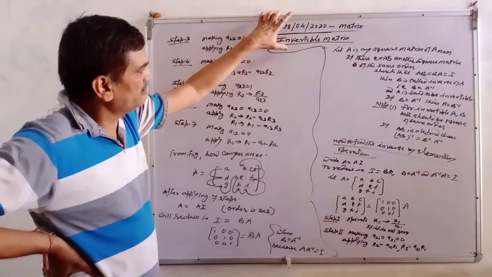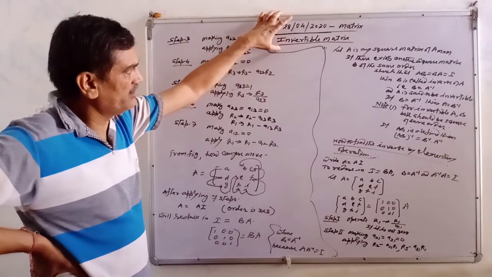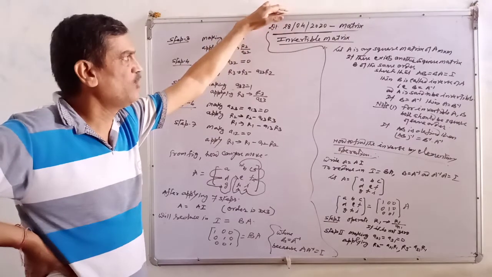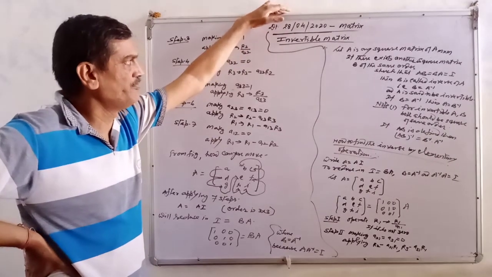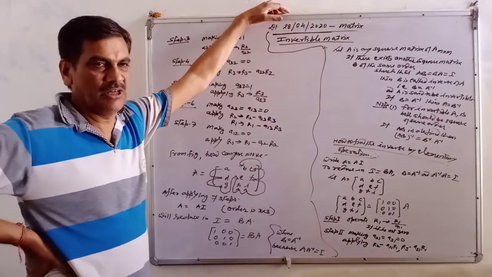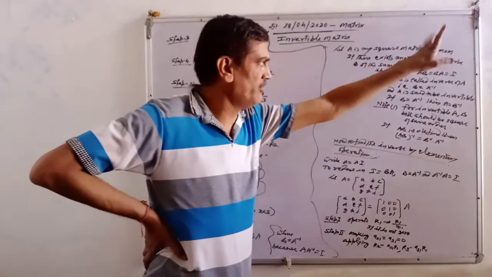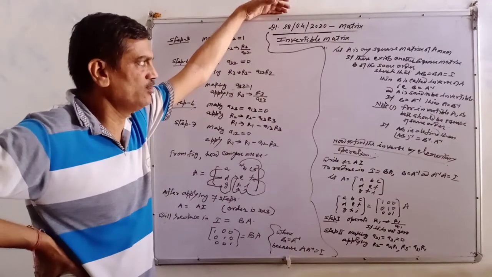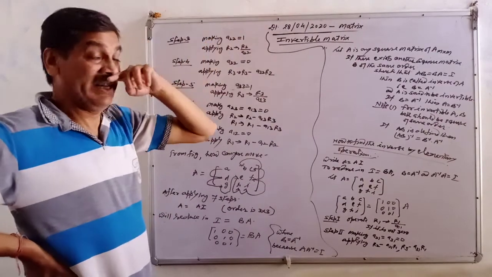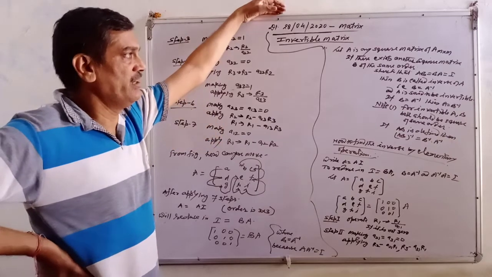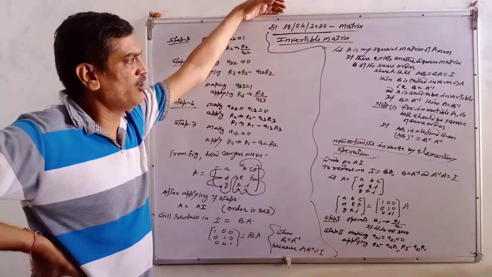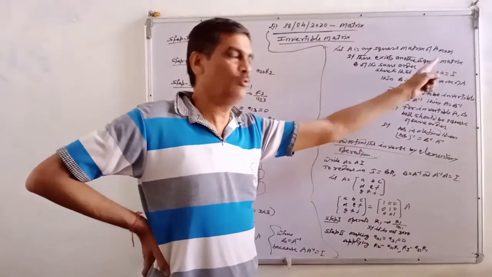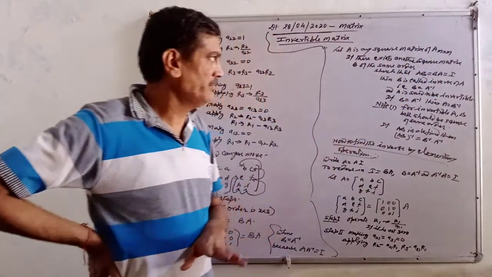Dear student, see the next topic of the same chapter, matrix: invertible matrix. What is an invertible matrix? Let A be any square matrix whose order is m into n, where the number of rows is equal to the number of columns. It is square. And if there exists another square matrix B of the same order such that AB is equal to BA is equal to I, meaning unit,